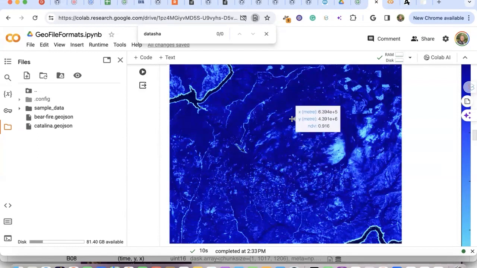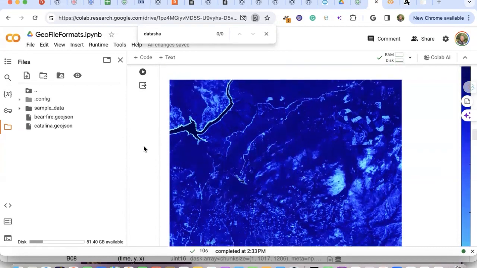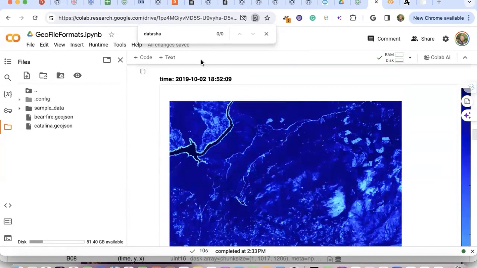zero vegetation index. This is what? No, this is 2019. So the fire hasn't happened yet. So this is the vegetation in some strange color table. And then